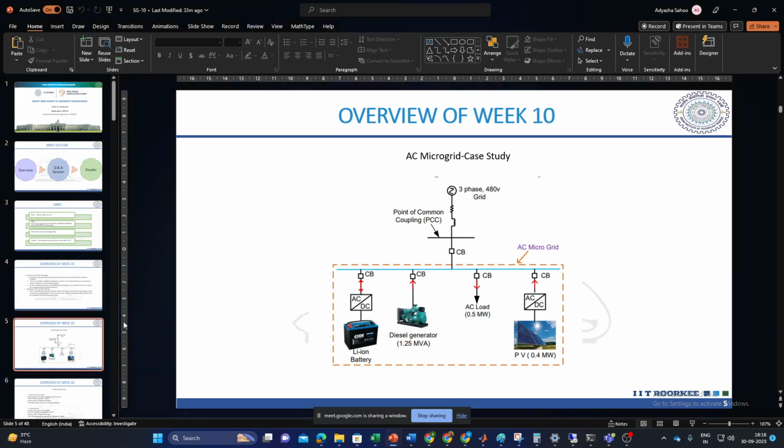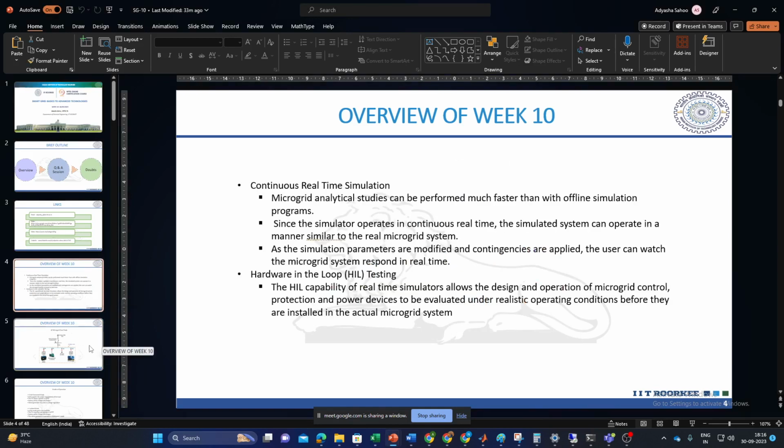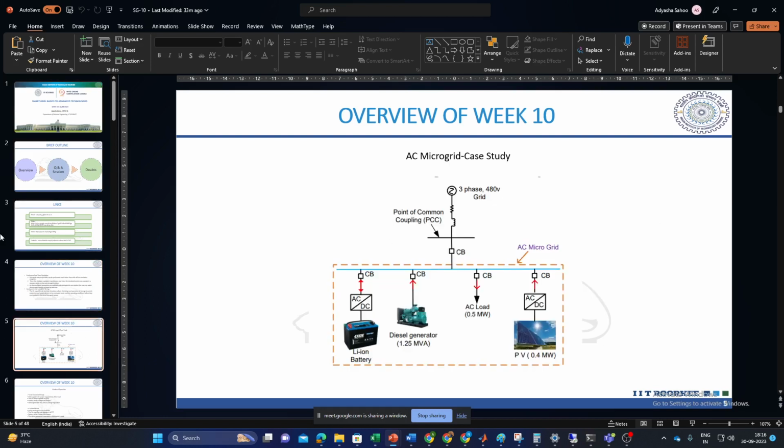So we were discussing the advantages of using these platforms for simulation studies, basically this hardware in loop and continuous real-time simulations. And then moving to the content of the week, first we were studying the simulation of a AC